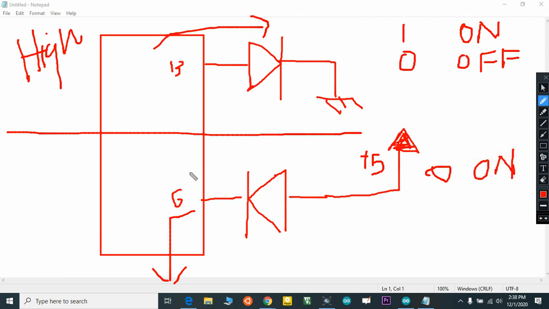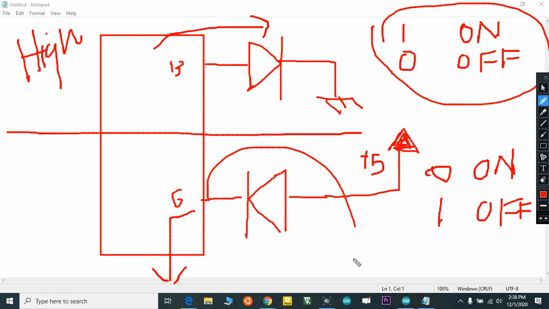And if I provide 5 volts or high here, it will turn off, because we have the same potential here, so current will not flow through the circuit. From this program you can understand that in embedded programming, both your component connections and your program are correlated. If I use this code and this connection, it will not work.